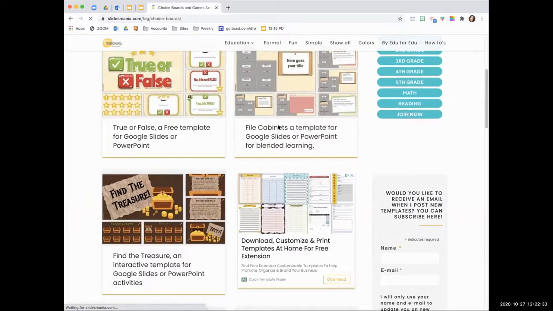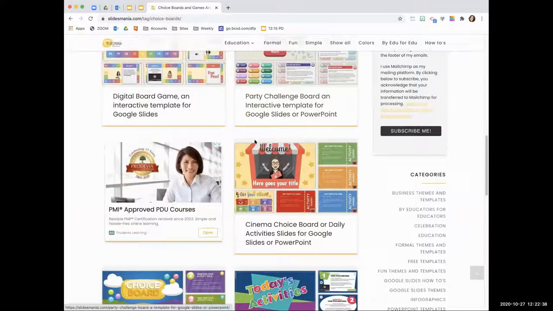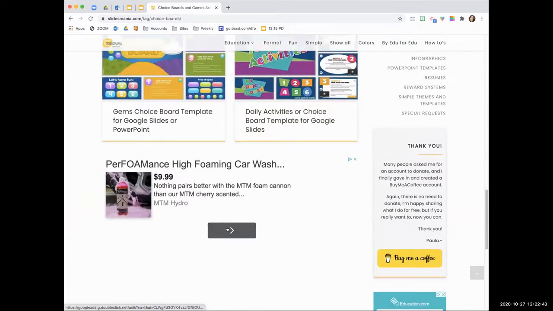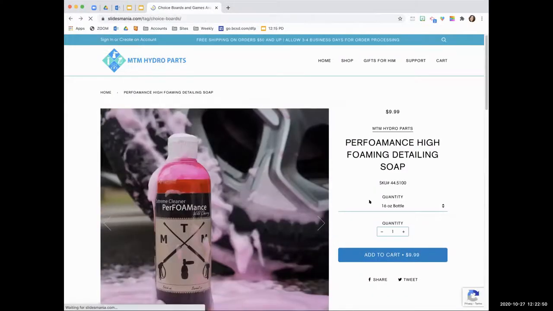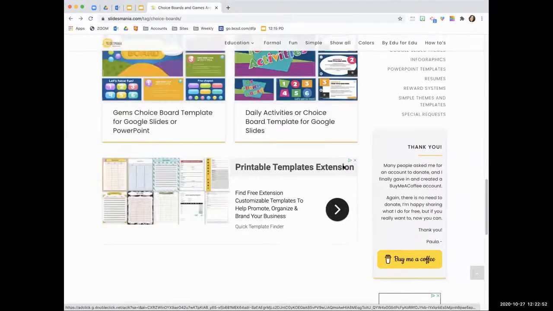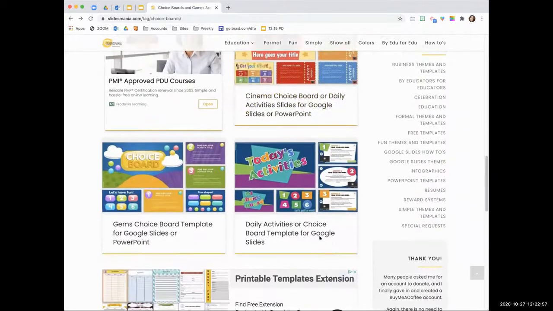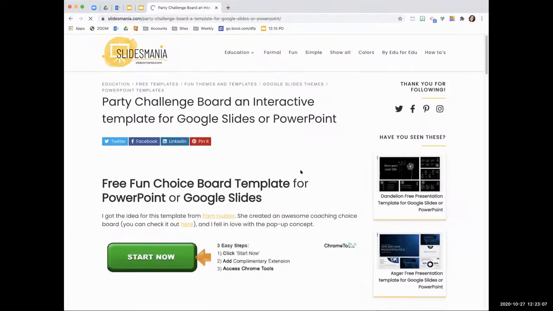And then it's going to give me templates. So just like Slides Go, it's going to be pages and scrolling down, and you can go to the bottom. This one actually only has one. So I don't believe this is the bottom. I'm going to select it, but I want to say that might be the ad. It is. So again, remembering these websites are free, so you will see ads throughout the website, but on some of them you will have an arrow at the bottom that has multiple pages of templates. So from here, if you're wanting to select this choice board, you would select it to open it, scroll down